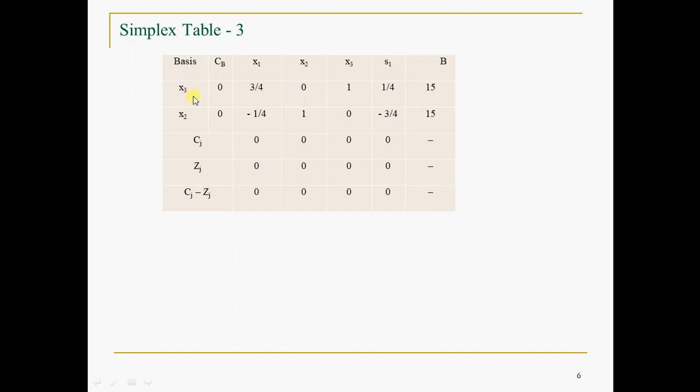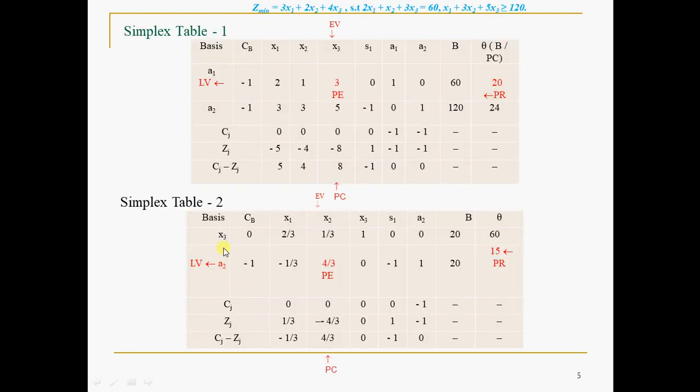So again, this is the basis, the revised basis. A2 is being replaced with x3, CB, x1, x2, x3, S1 and B. Please note that if the artificial variable is removed, here A1 is removed, so A1 you are not seeing here, only A2 you are seeing. Here A1 and A2 both are there. Here, as it is eliminated, that is about phase 1.